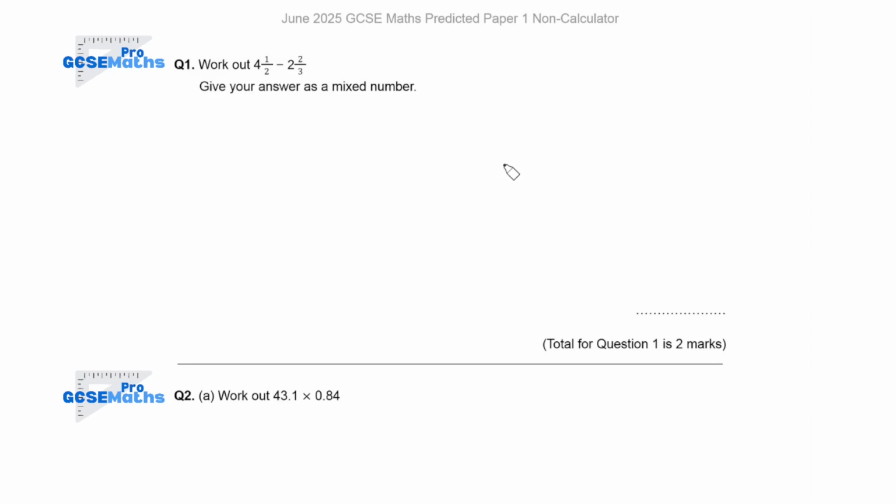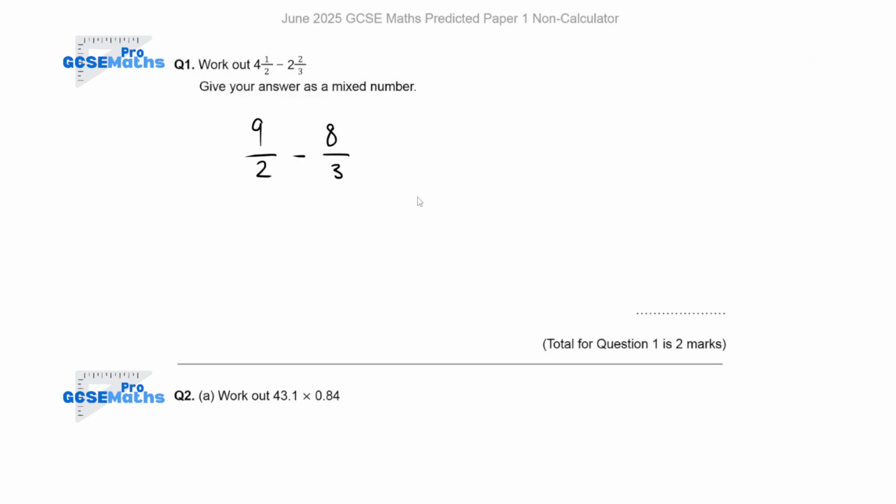Question 1, work out 4.5 minus 2 2/3. Now you've got two ways to do this. You can subtract the whole numbers separately to the fractions. I prefer to just make them all into improper fractions and then subtract from there. So to make them into improper fractions, 4 times 2 is 8, add the remainder 1. That would be 9/2. Minus 2 times 3, which is 6, add the remainder 2,